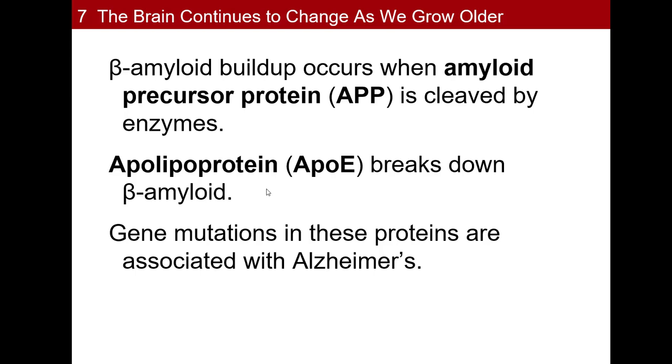So there have been treatments targeted at trying to decrease beta amyloid or to increase the proteins that break down beta amyloid. Unfortunately, those treatment options have not produced the results that we had hoped for, which then leads us to wonder, when we see the plaques and tangles, is that the cause of the problems, or are plaques and tangles just a symptom of another cause? Because when we treat the plaques and tangles, it doesn't reduce the symptoms as much as we would hope.